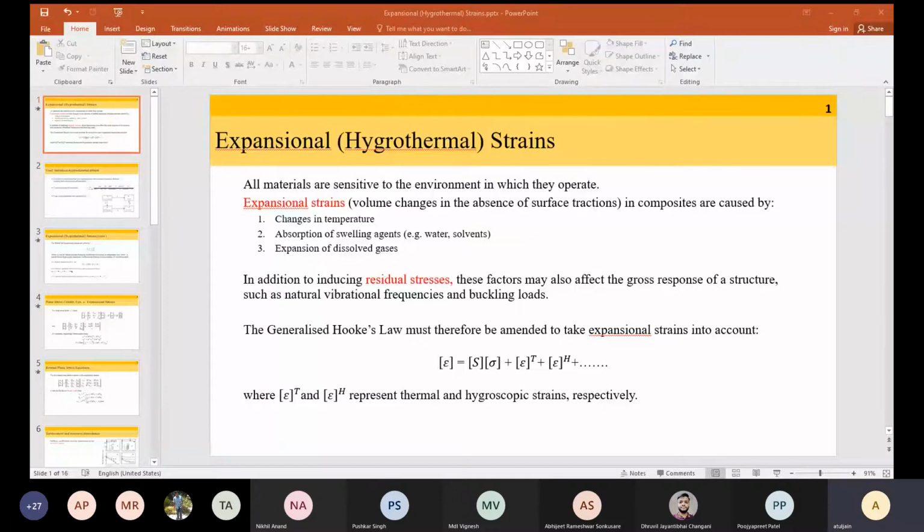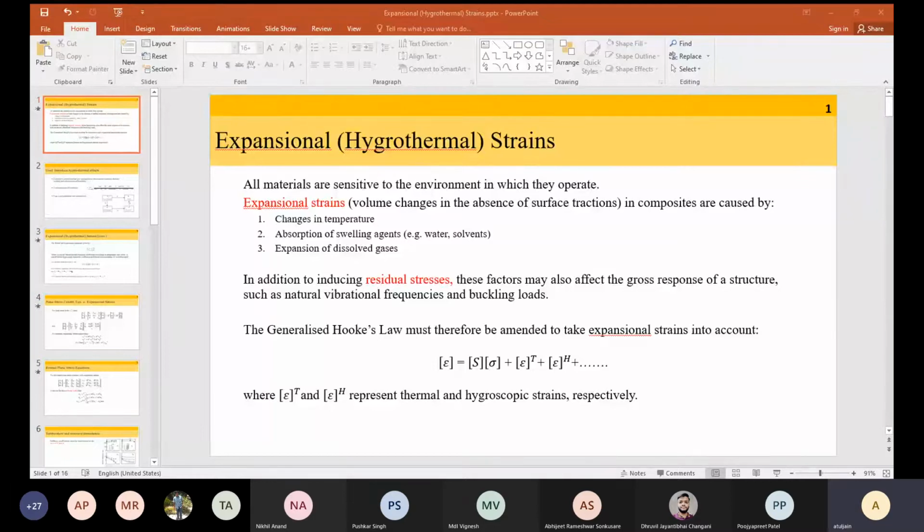Okay. So what do we want to do? We want to introduce hygrothermal effects into my constitutive equation so that later on, when I'm doing more elaborate developments in my mesomechanics, I can make use of it. Before we go further, one thing that you must keep in mind: temperature, all of you know what temperature is, but what is concentration of humidity? Concentration of humidity is defined as mass of water in volume delta V divided by mass of dry composite in volume delta V, where delta V tends to 0. This is how we will define concentration of humidity.